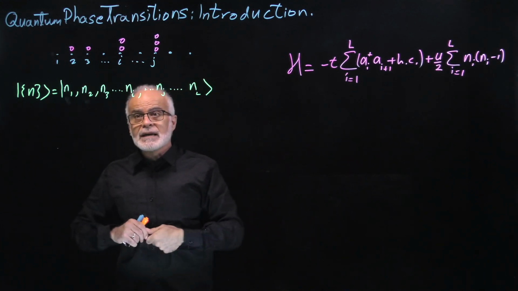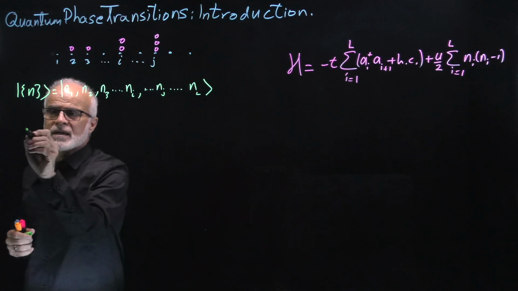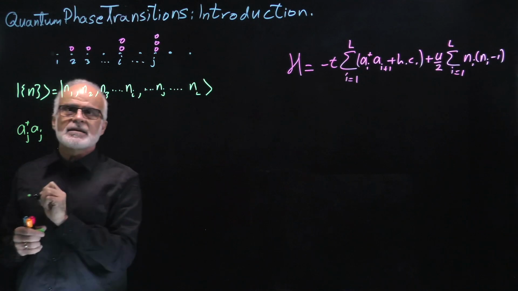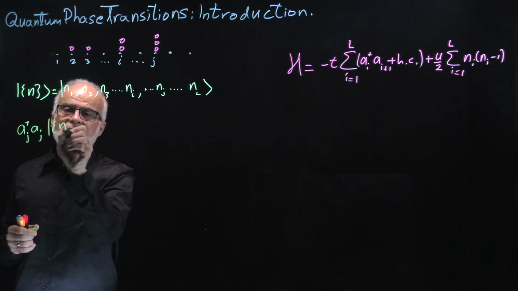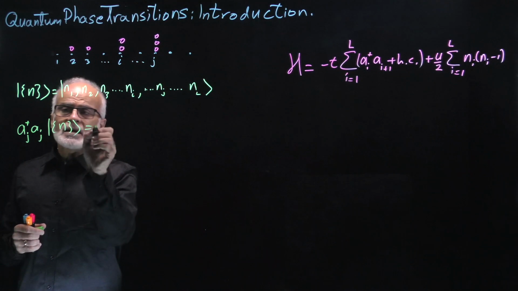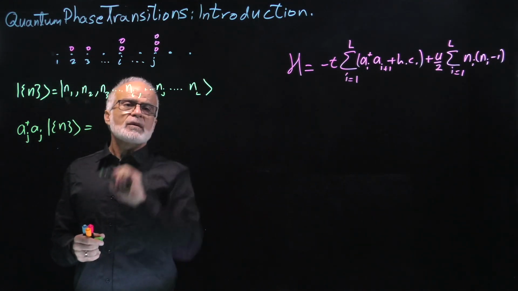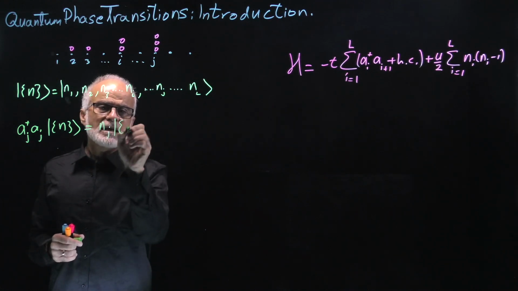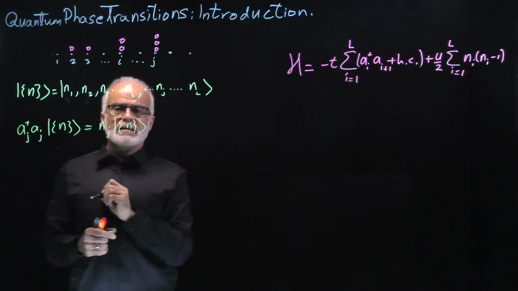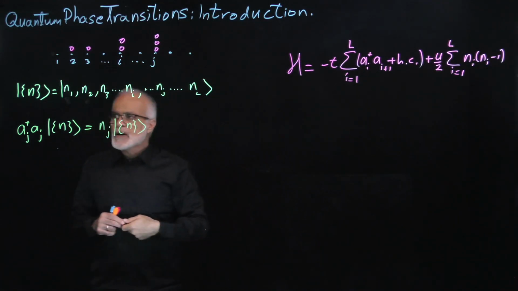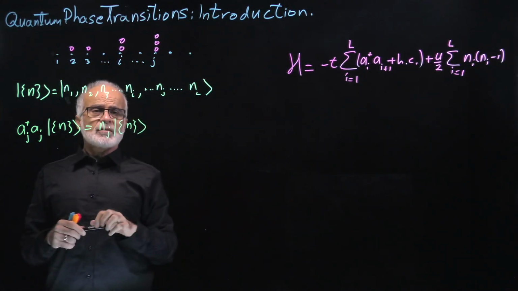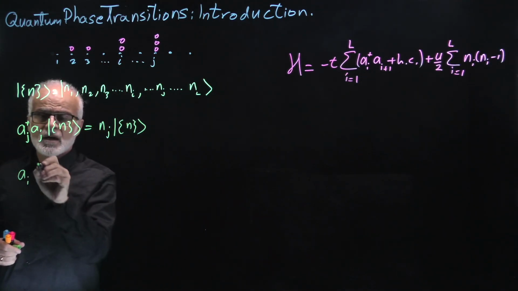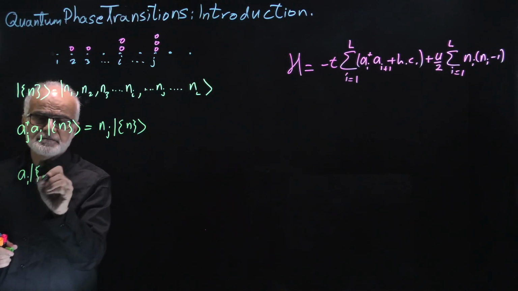So if I apply a number operator, for example a_j dagger a_j, on this state, this operator will count the number of particles on site j. So I will get n_j times the same state back. Okay? And if I apply a destruction operator, let us say, for example, I apply a_i on this state,